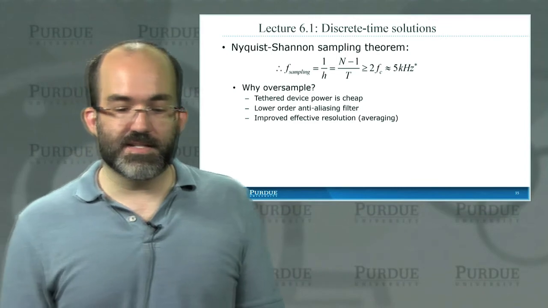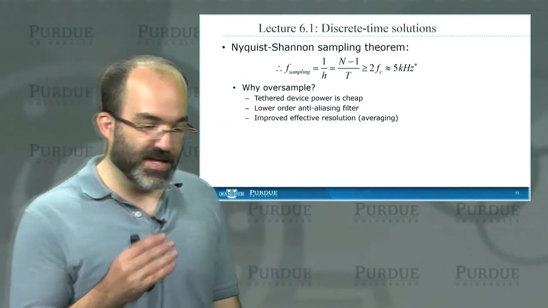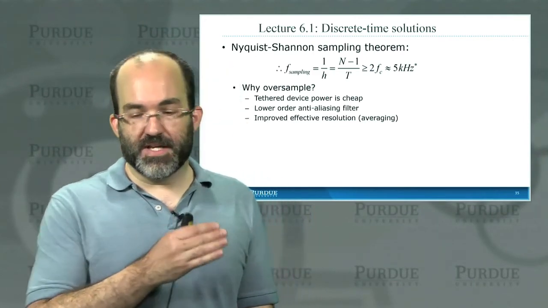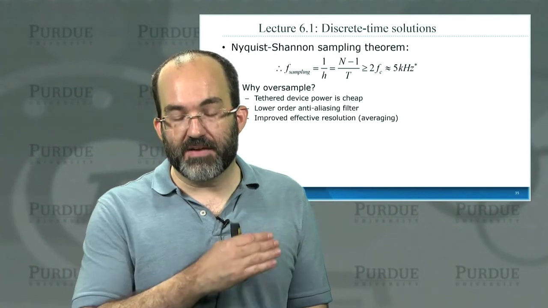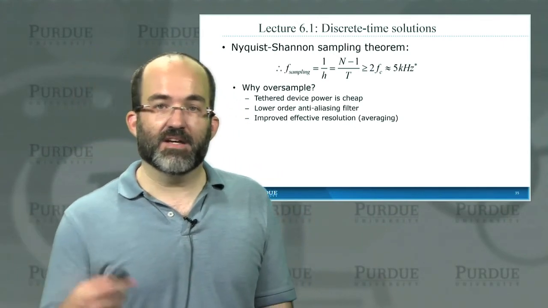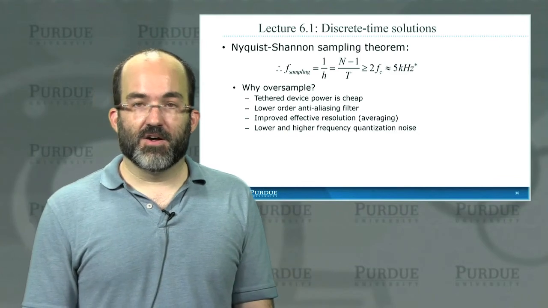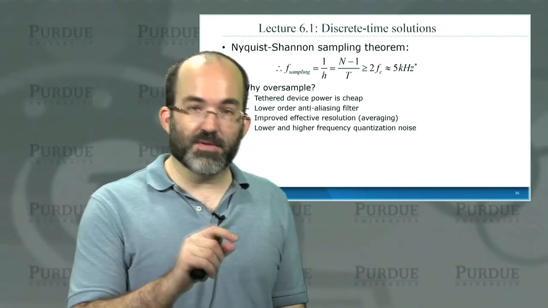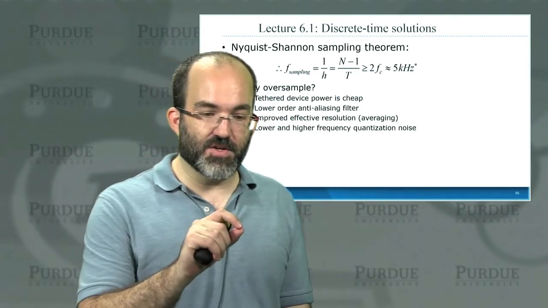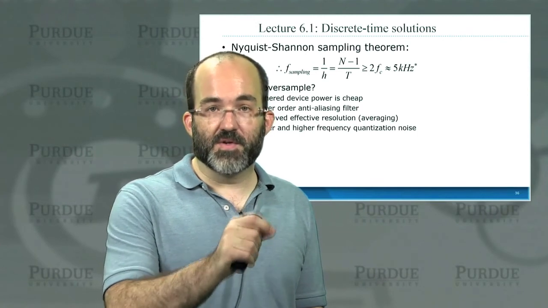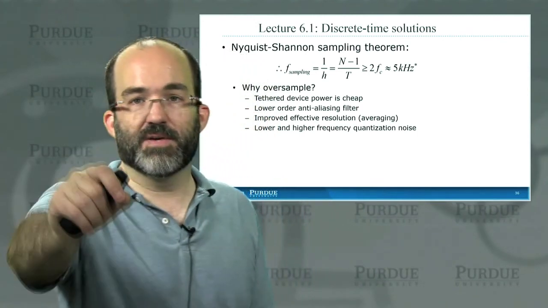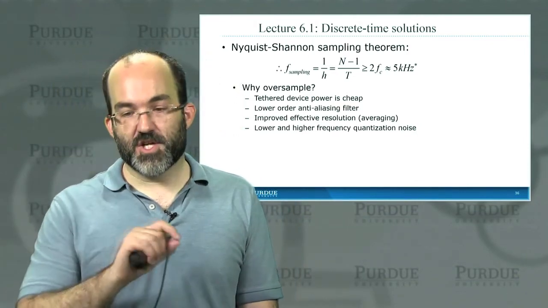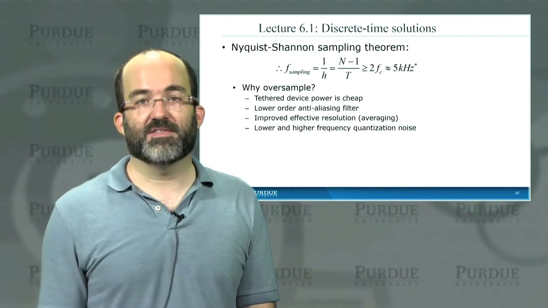And another reason to do it is that it allows you to improve the effective resolution. So if you're sampling at a particular resolution, a certain number of bits, if you oversample, you can average samples that are adjacent to one another, and you can essentially average out the noise component, giving you an effective increase in the total resolution. And it also allows you to lower the higher frequency quantization noise. So every time you sample, you have something which is called quantization noise, and that quantization noise is at the frequency of sampling. If you increase the sampling frequency, that noise moves out, it's further away from your passband, and it affects your signal of interest less. It also shrinks, because the change between samples diminishes if you sample more often.